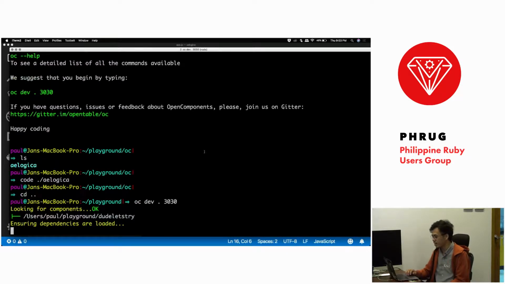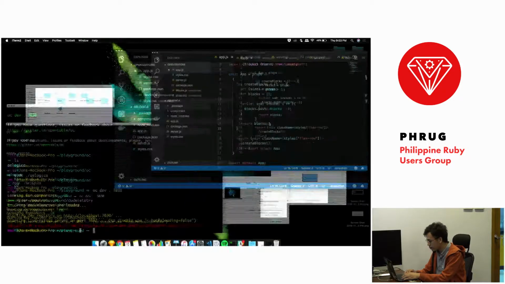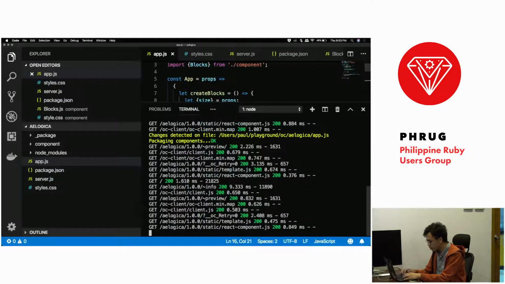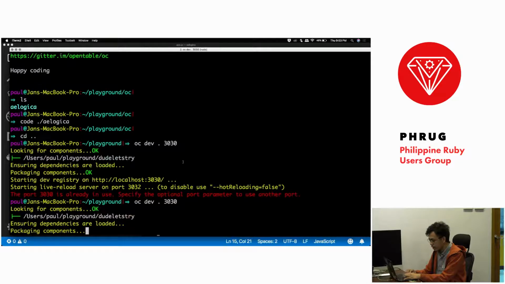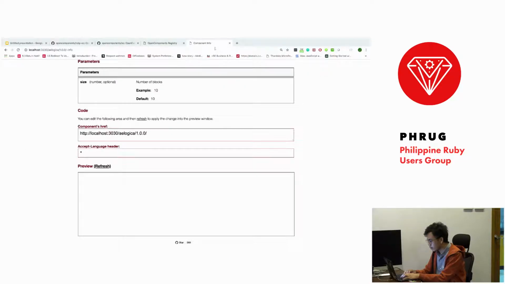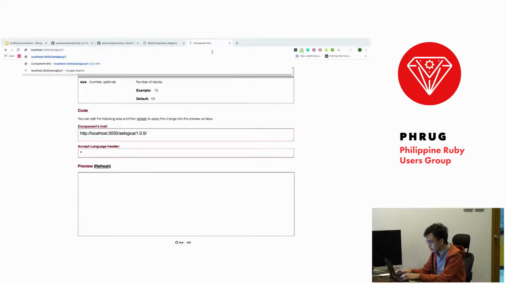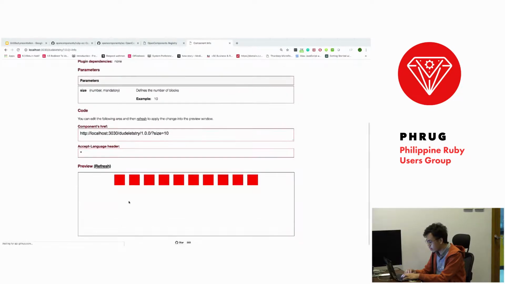Let's try. That's the name of the component. Oh, okay, I need to stop this first. Let's try again. So here's my component, and boom. It rendered 10 blocks because we defined size 10 here. So if we're gonna preview it